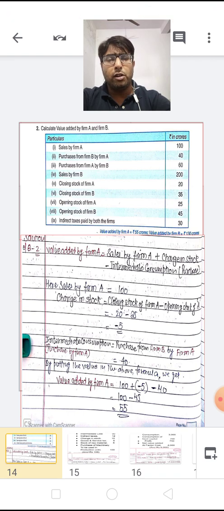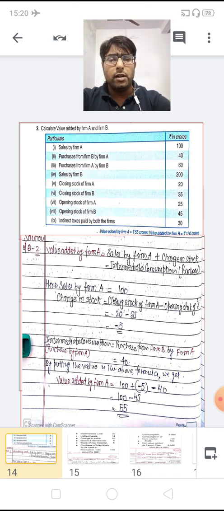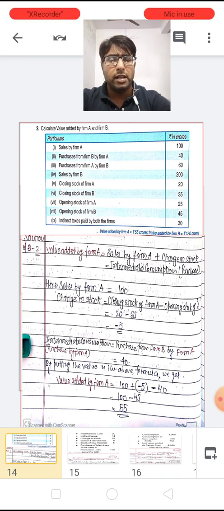The amount is in crores, but it is written as numbers. Purchase from firm A by firm B is 60, sales by firm B is 200,